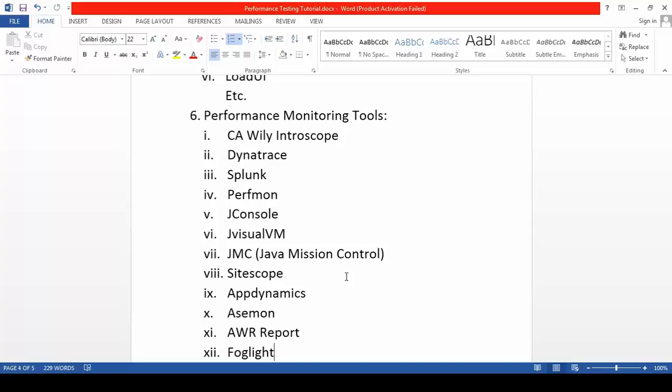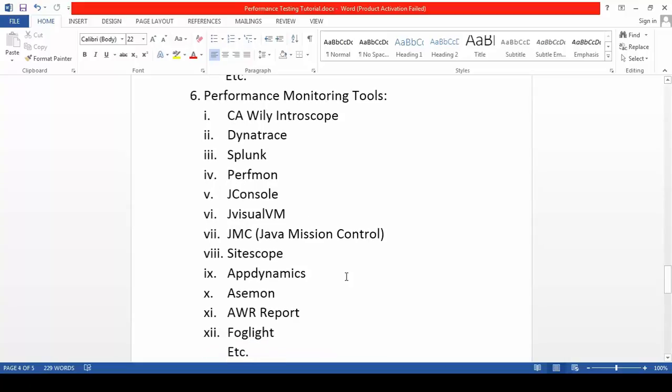Like Wily Introscope, Dynatrace, AppDynamics, Splunk, Foglight, PerfMon, JConsole, JVisualVM, JMC (Java Mission Control), SiteScope, and you can also collect the AWR report. It's not a performance monitoring tool, but for an Oracle database you can collect the AWR report and analyze logs, latches, soft parse, hard parse, physical reads, logical reads, etc.